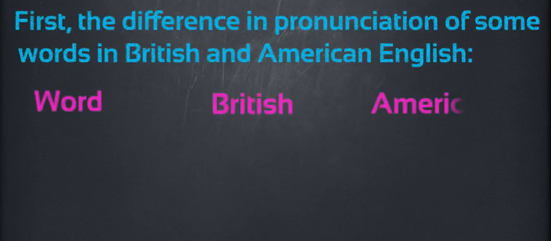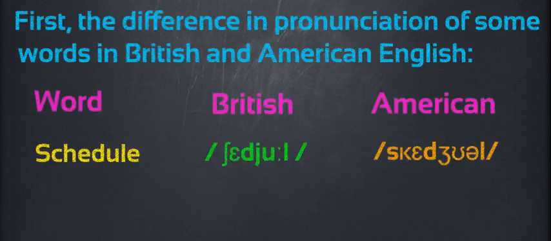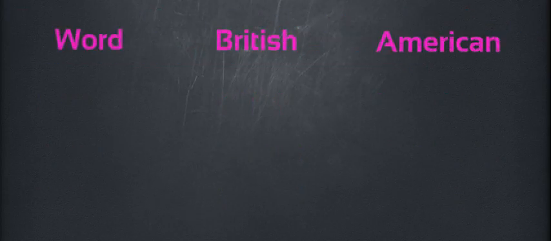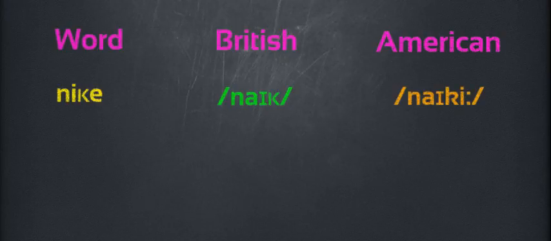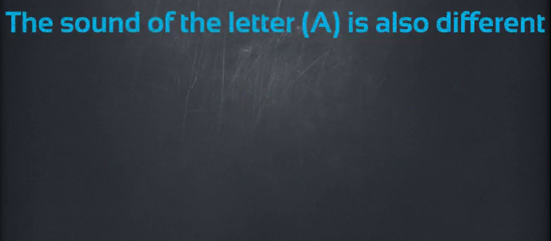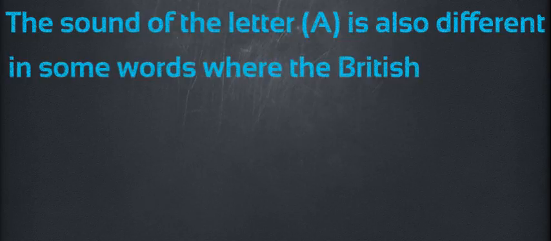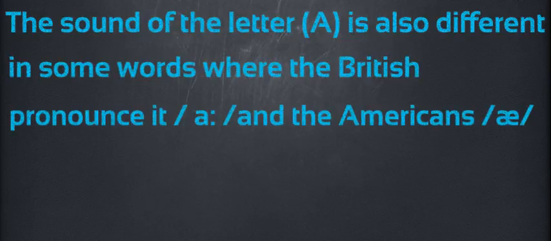First, we will start with the British pronunciation. Schedule, schedule. Data, data. Nike, Nike. Mobile, mobile. The sound of the letter A is also different in some words where the British pronounce it A